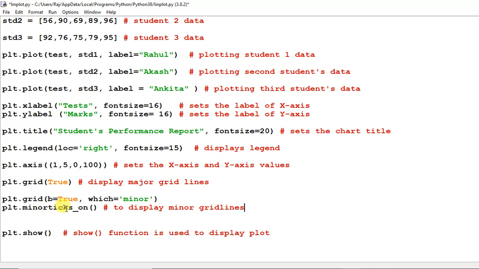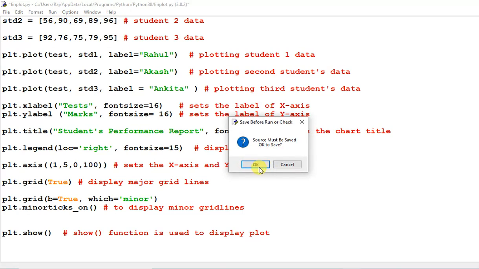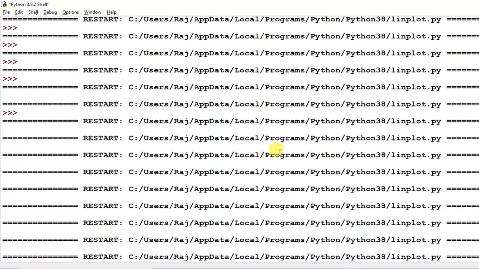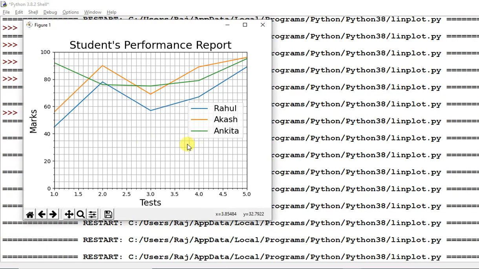Whenever you want to display a minor grid, we have to use this function. Now run the program and observe the changes. Look here, the minor grid and the major grid both have the same color, so that's why it looks like only the minor grid is displaying here.